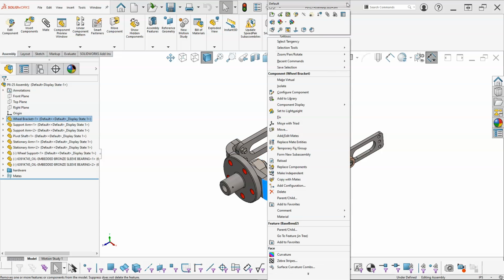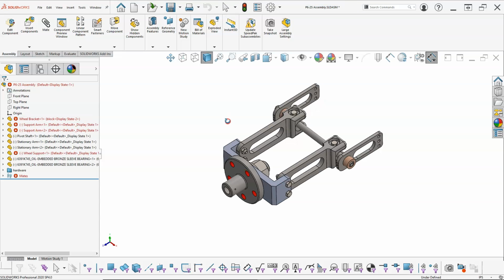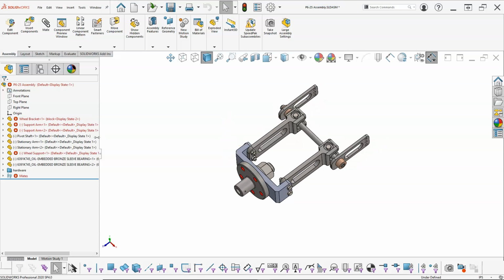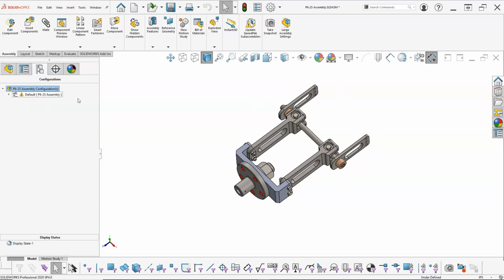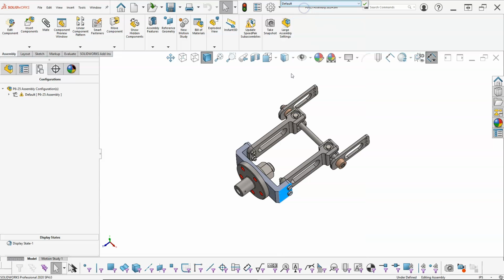And when I right click on the part, we're going to go to the block and hit the checkbox and see what happens. Alright, so kind of as expected, we're going to lose some of these mates. Now, if I created this as a configuration, which I didn't, then I wouldn't have as much of an issue, because I would suppress. If this is a permanent kind of change, that we've made the decision that we're going to go with this manufactured machined part rather than the sheet metal or the fabricated part,